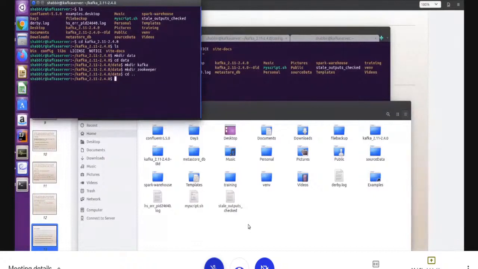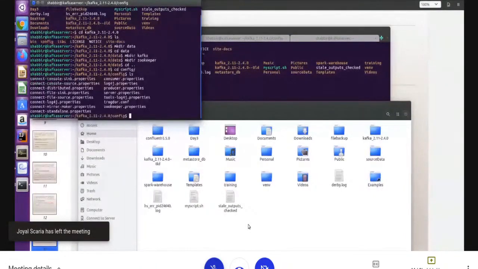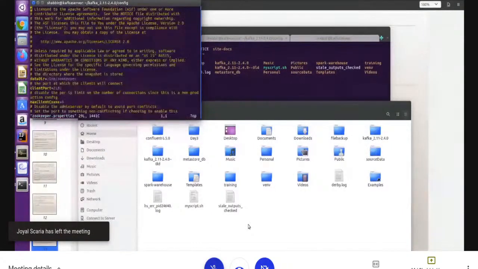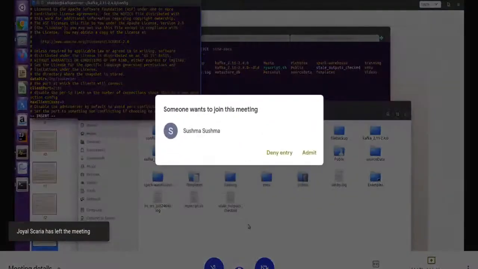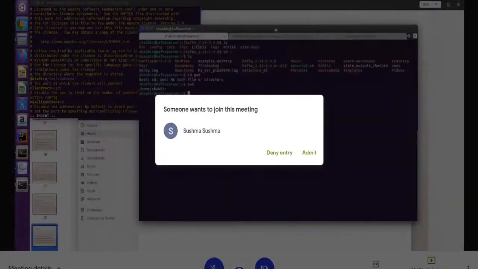Zookeeper I have created. So we configure this path.